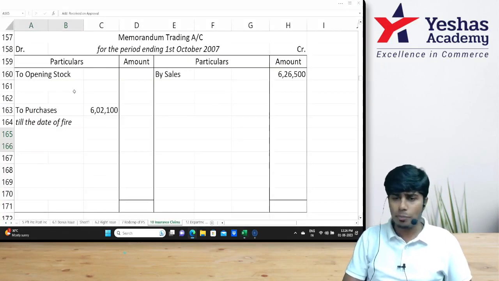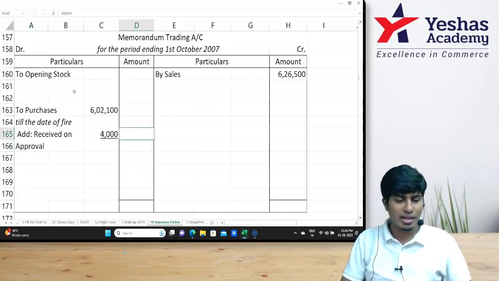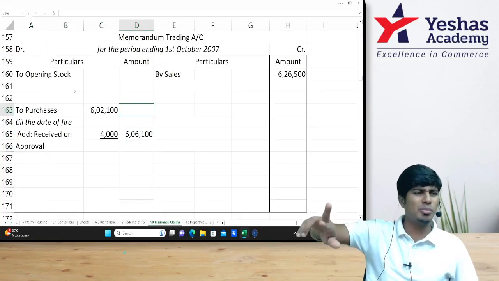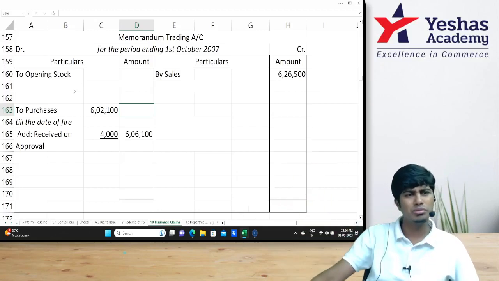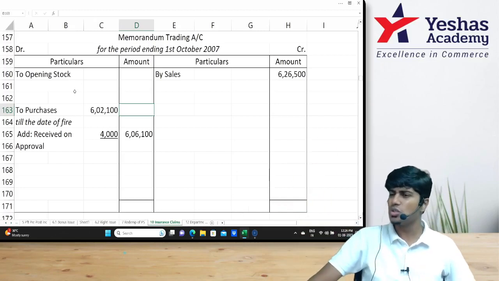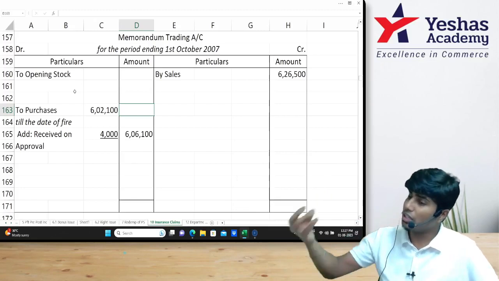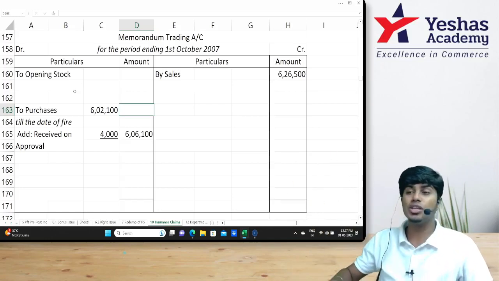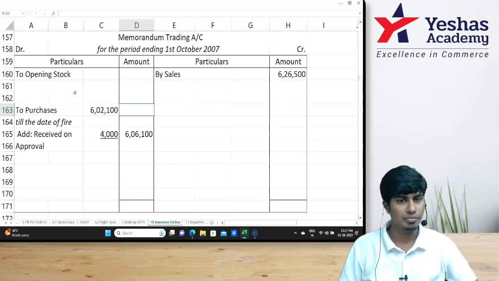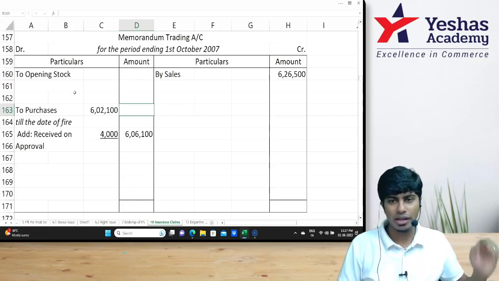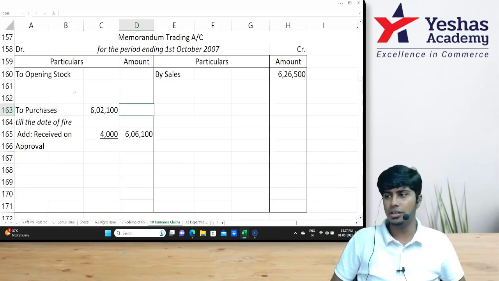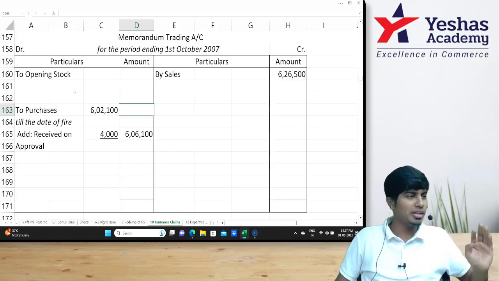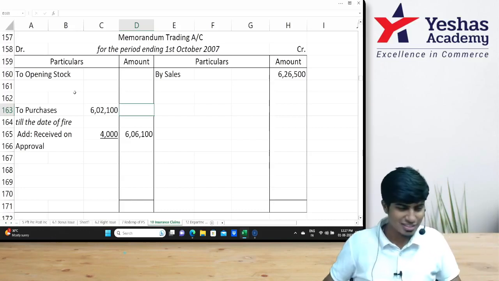Are you getting it? So two options. One, you can add this to purchases and then write it in the outer column, or you write purchases 6,02,100 in the outer column and write goods received on return or approval basis 4,000 also in the outer column. Either way, it is fine. Ultimately, goods received on return or approval basis should be treated as goods received and included in closing stock, and will be claimed by us. The insurance company will pay us money for the same. I can't give the supplier ash. Why? Goods got burnt. I am not the owner, you are the owner. He won't believe it. He will say, give me goods back or give me money. He would not accept ash. Correct or no? Yeah, next.